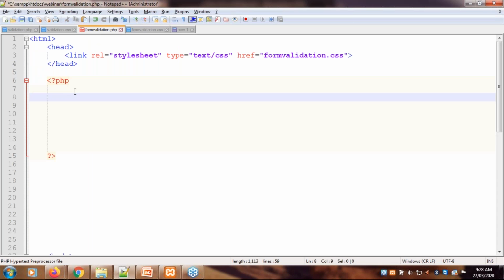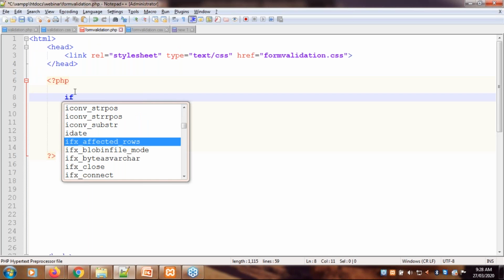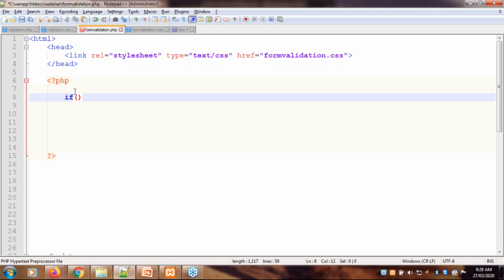So in PHP, first we will check if $_SERVER, which is a global variable, and we have to check REQUEST_METHOD, whether this method is post or not.